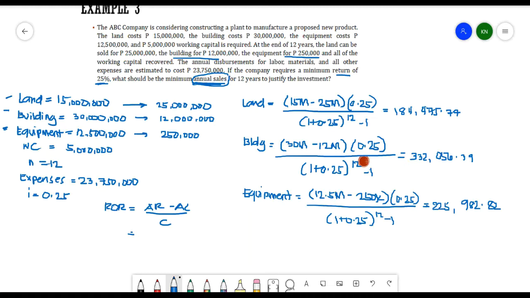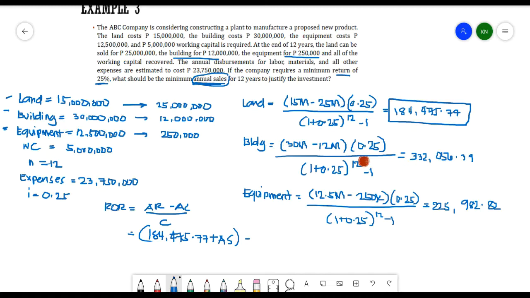So meaning to say AR, we need to add the appreciation of the land with our AR, or the revenue of our investment. So we have 184,475.77 plus the annual revenue that we don't know, or we'll just put that as AS, minus our AC,